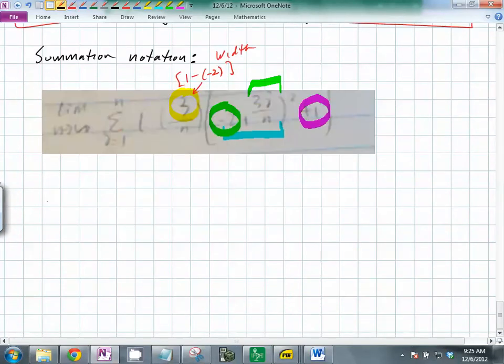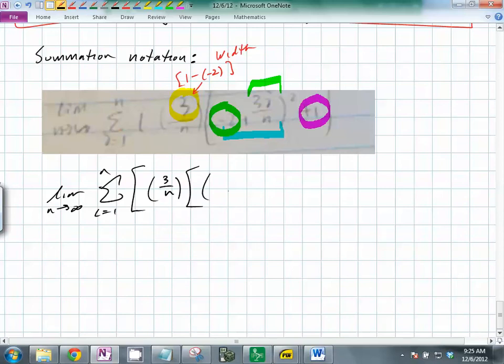What should it be? You're right, it's the limit as n goes to infinity of the sum from i equals 1 to n, bracket, 3 over n is correct. That is the width. That's fine. But then what's going to go in here? It's going to be 3i over n. Let's just be really careful about this. Let's write it the full way first. Negative 2 plus 3i over n plus what? Squared plus